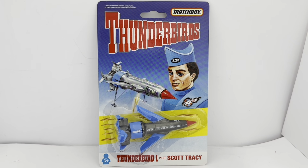And today we are looking at the 1992 release by Matchbox from their Gerry Anderson's Thunderbirds series of die-cast models and playsets. And this particular one we are looking at today is of Thunderbird 1, and this is the card that it comes in. So at the top of the card it reads 1992 ITC Entertainment Group Limited, licensed by